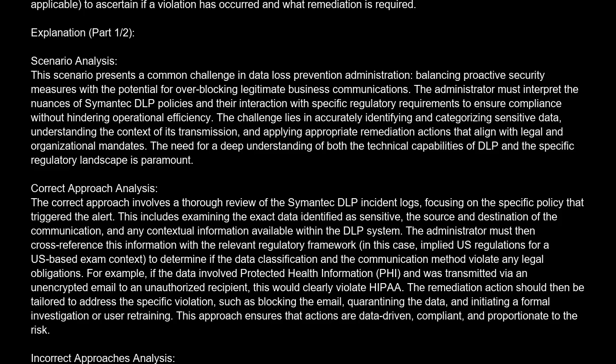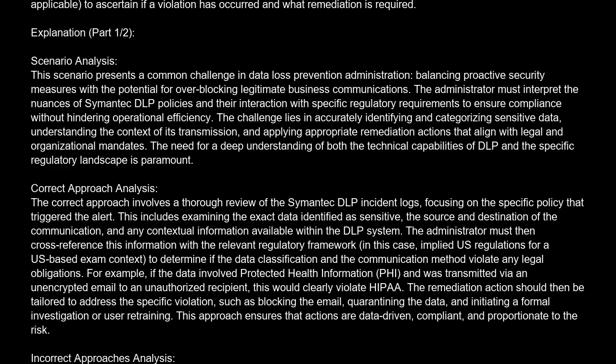Correct approach analysis. The correct approach involves a thorough review of the Symantec DLP incident logs, focusing on the specific policy that triggered the alert. This includes examining the exact data identified as sensitive, the source and destination of the communication, and any contextual information available within the DLP system. The administrator must then cross-reference this information with the relevant regulatory framework, in this case, implied U.S. regulations for a U.S.-based exam context, to determine if the data classification and the communication method violate any legal